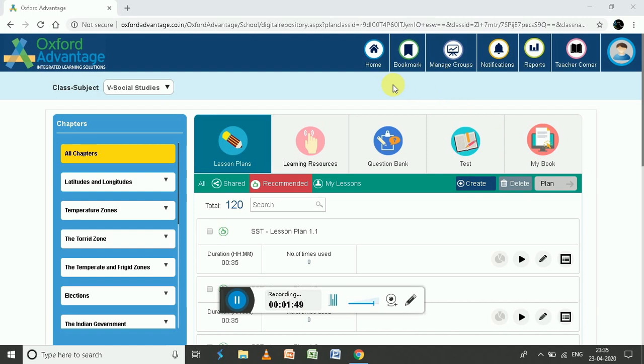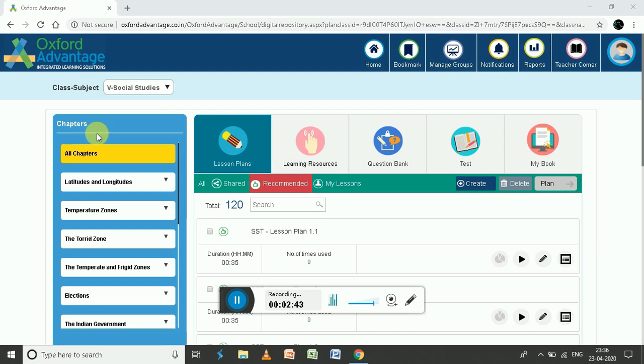We are going to explain each and everything in detail. The left hand side is regarding the chapters and the book, and the right hand side top is how you can manage the whole class, how you can create a report and bookmark. So this is all about you managing the class.